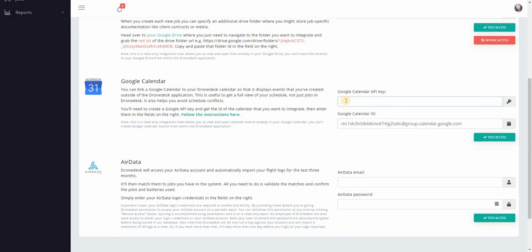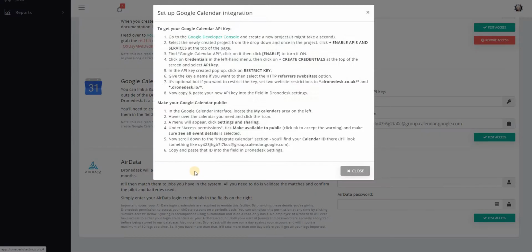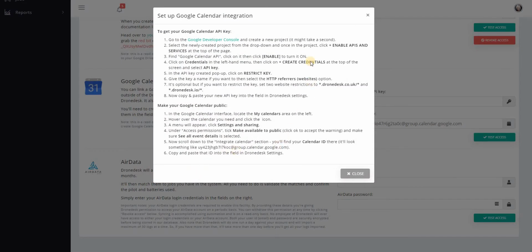So the next bit is to get a Google Calendar API key. This is slightly more involved, but it's fairly straightforward if you follow the instructions. If you click follow the instructions here, you'll get a pop-up which takes you through the detail of how to do this, but I'll run through it manually now just so you get a view of what it looks like. So click on go to Google Developer Console,